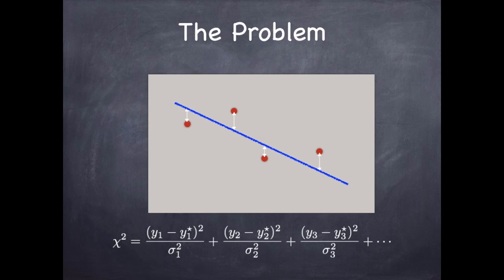And the reason I divide by the uncertainty is that for those data points that have a lot of uncertainty, I don't want those to highly influence my choice of line. But the ones that have very little uncertainty, I want to make sure the line goes as close to those ones as possible. So I'm scaling the distance between the data point and the line by the uncertainty in that particular data point. The other reason I'm doing it this way is because underlying this calculation of the thing here,